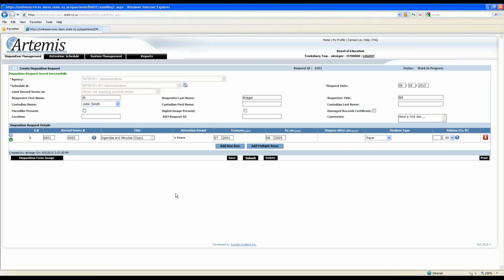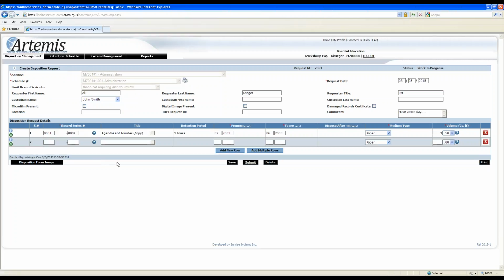Now I want to add additional record series to this list, and there are 2 ways I can do that. If I have just one more record series number to add, I can click the button that says add new row. It's going to populate a blank row for me, and I can either enter the 8-digit number like I did before, or I can click the question mark in this field.